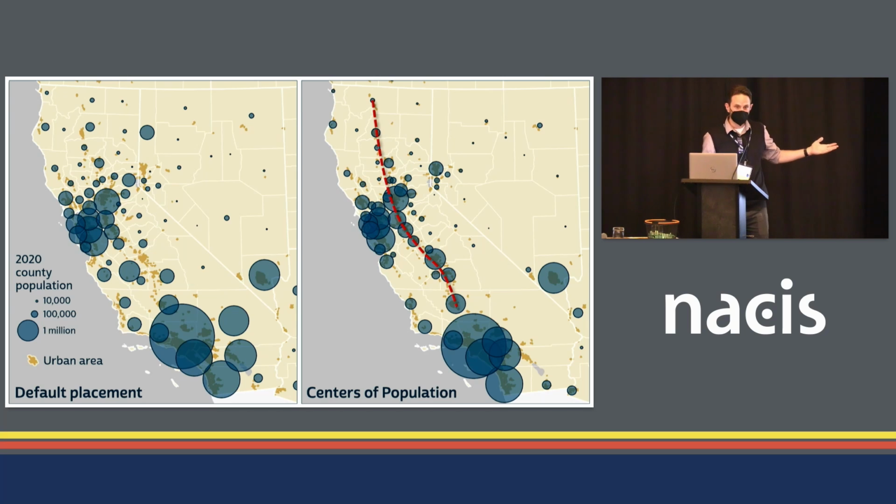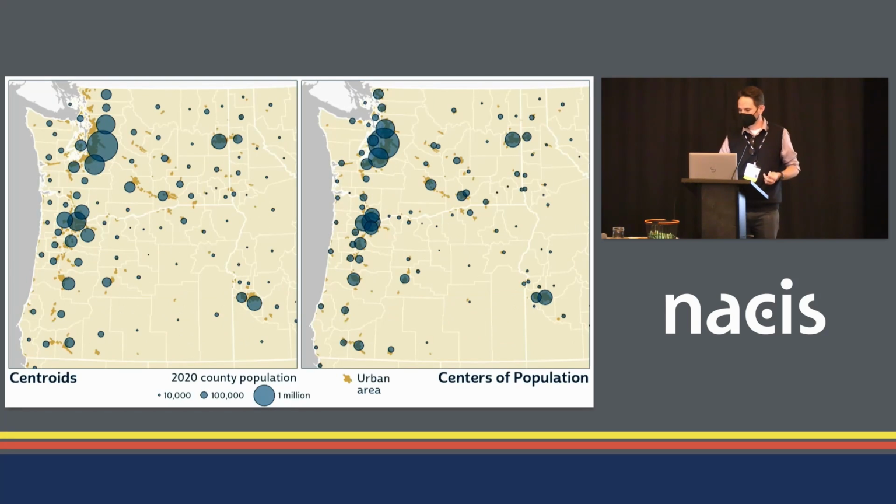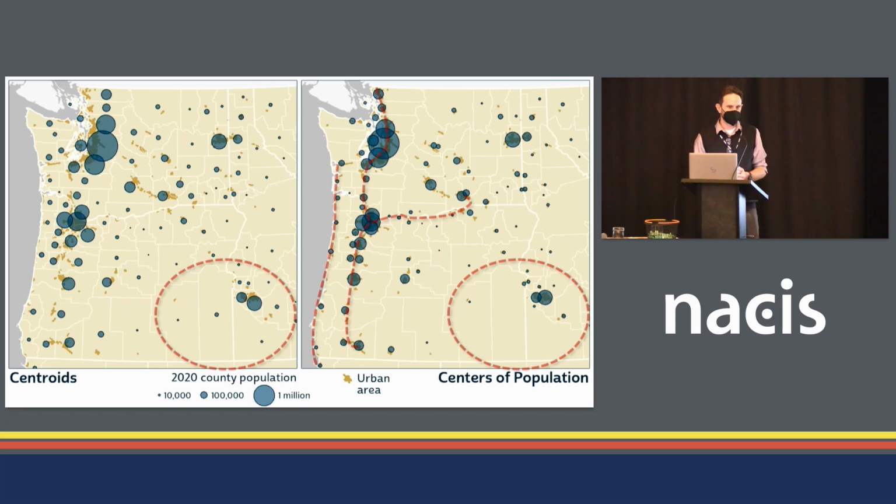So this is a pretty good representation of the population distribution, despite the fact that I'm using really big counties to map that. And it's true elsewhere throughout the West. You can see on the left how those circles are up in the mountains along the coast, not actually along the I-5 corridor, or on the coast, or along the Columbia River Valley. And down here in the empty quarter of southeast Oregon, there's a couple of counties where almost all the population is close into Boise. You can see that pretty clearly on the centers of population